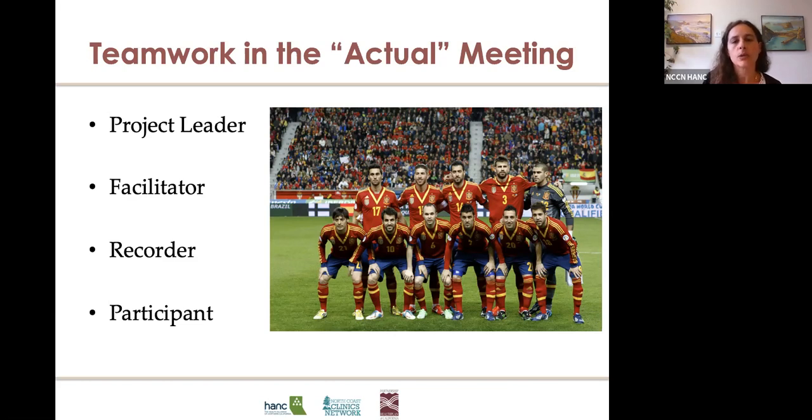So they're the one planning the agenda, defining the decision-making process, assigning meeting roles, and then following up on action items. And really with the leader, figuring out maybe there's a project leader for the project as a whole,